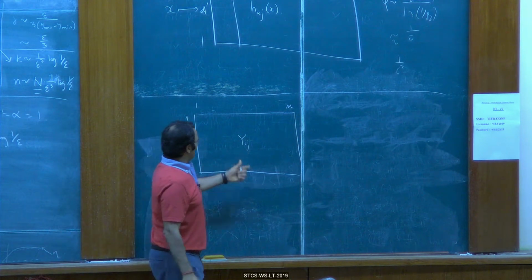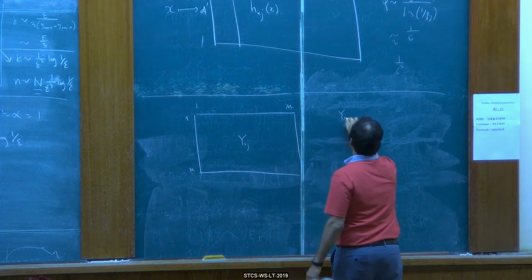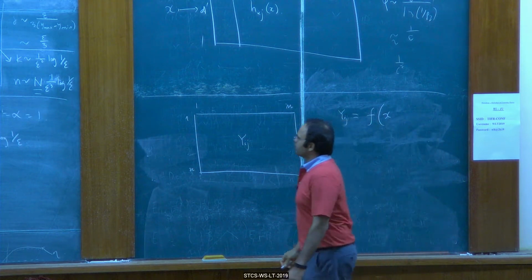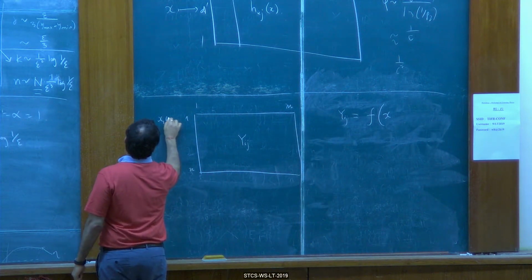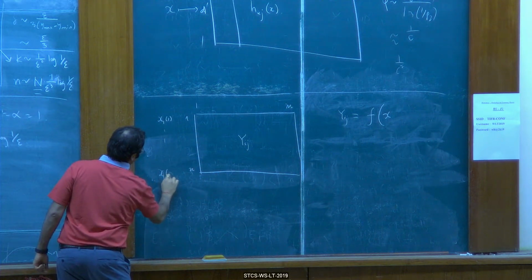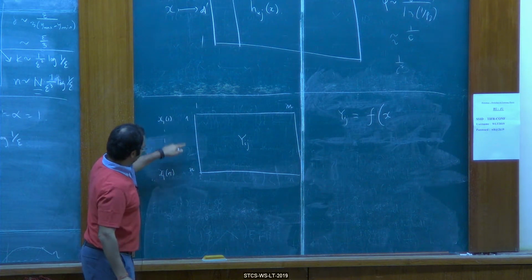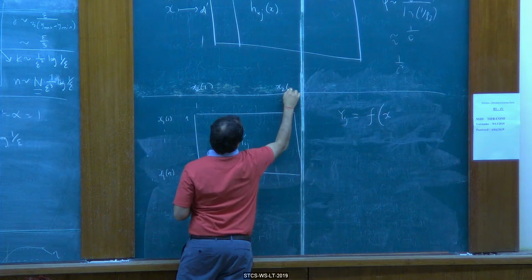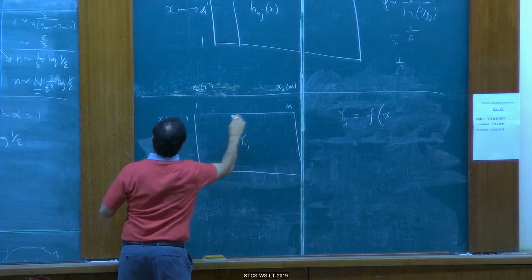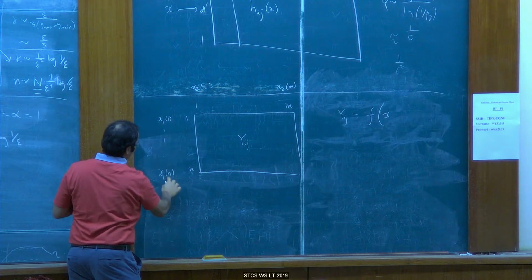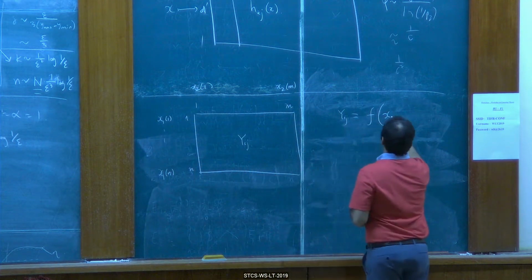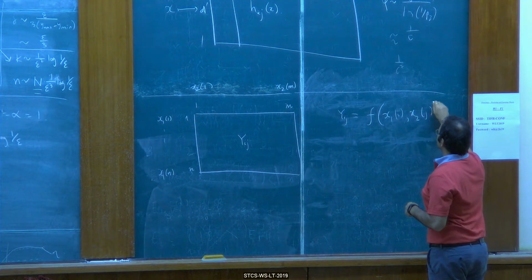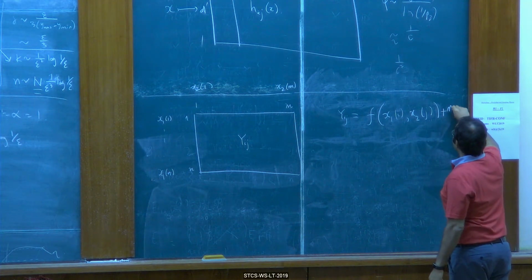The way yij is generated is as follows: yij is equal to some nice function of a feature. Let's call them x11 to x1n, so these are the features associated with each row, and these are the features x21 to x2m. So these are the indices corresponding to column, and this is the index corresponding to row, row 1 to row n, column 1 to column m. So f of x1i, that is row i's feature, and column j's feature, plus